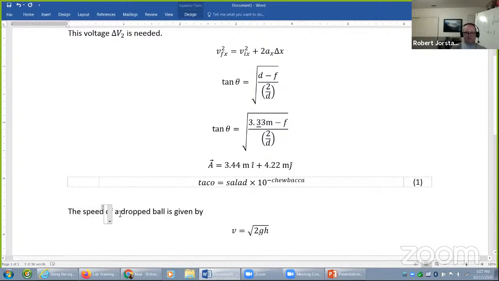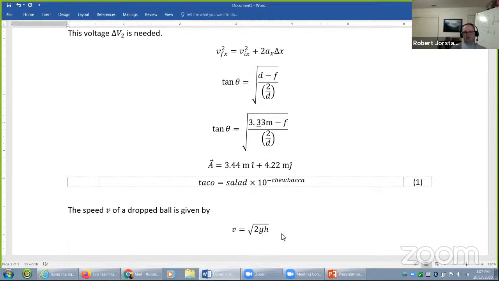Now, typically I would say, maybe I want to specify the speed up above. You don't have to do this style, but it tends to work out okay. The speed v of a ball. So now notice I've explained that this symbol v is the speed. Down below it is given by this,